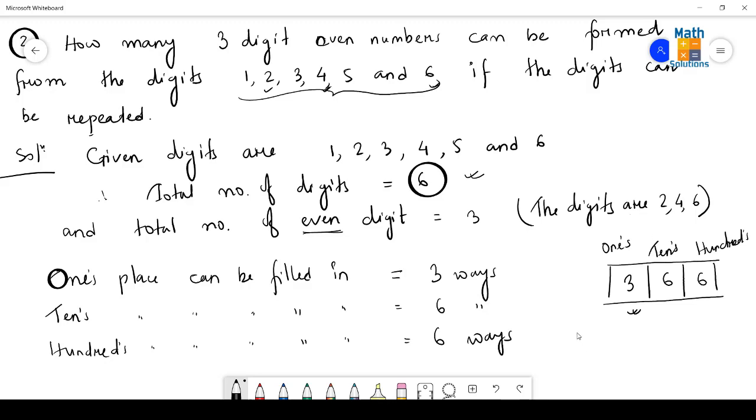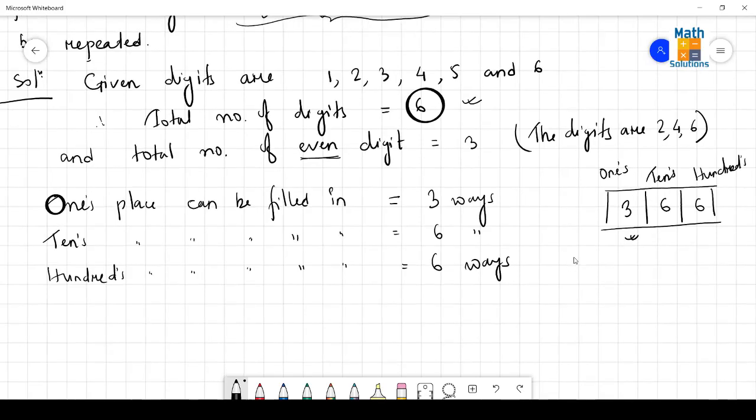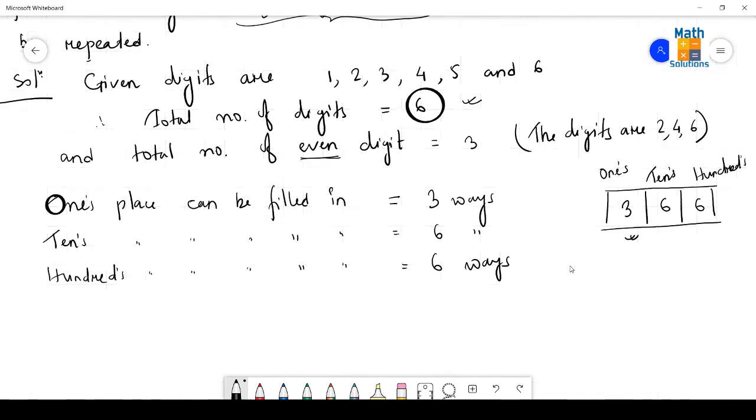So after this, what do I get? After this, I get that one more thing to be added here. Ones place, tens place and hundreds place. All the 3 places are required here. Means ones place and tens place and hundreds place. So since the term and is required here in all the 3 cases, therefore fundamental principle of multiplication will be needed, and these 3 values will have to be multiplied for getting the total number of ways to